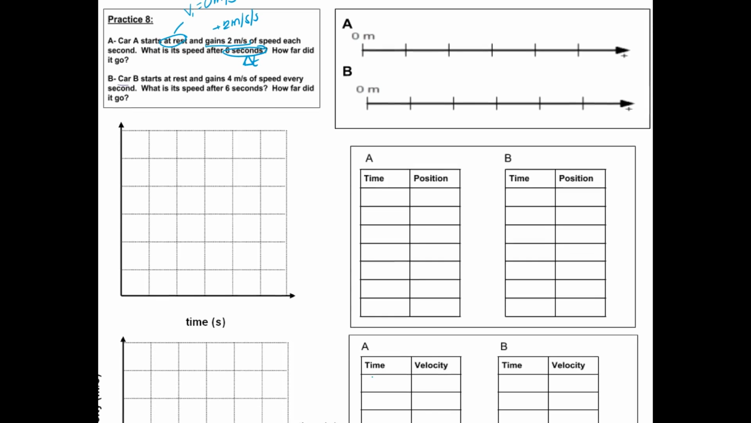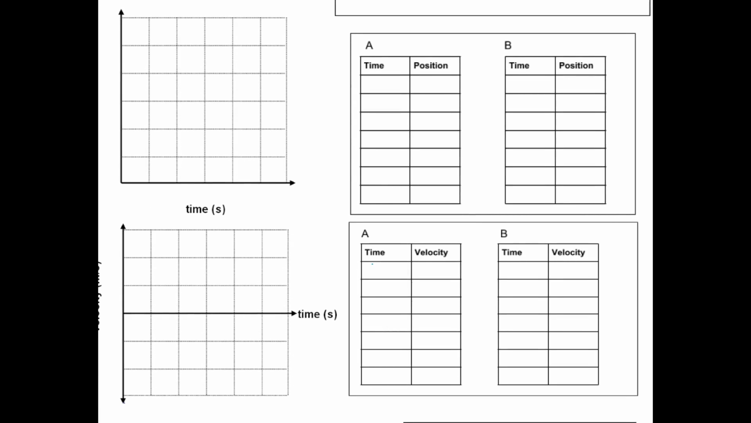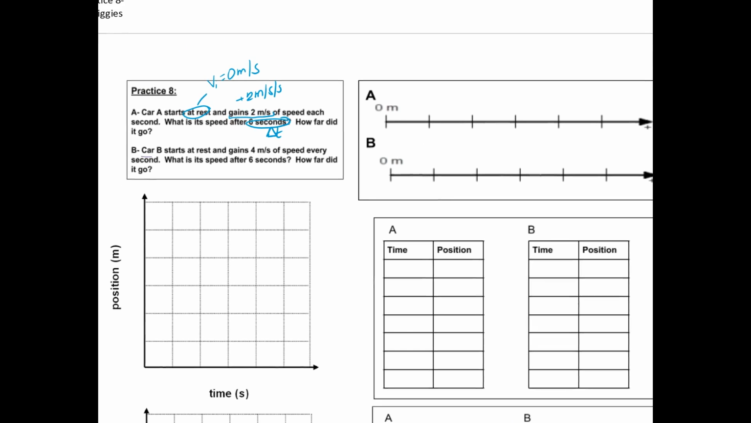Alright, so for box A, we're going to fill this out. Our velocity is 0 meters per second. And from here to here, in our problem, it said that it's going to gain 2, so we have 2 meters per second. And then we just keep adding. So now that we have our table finished, we're going to go back up to the problem and look at